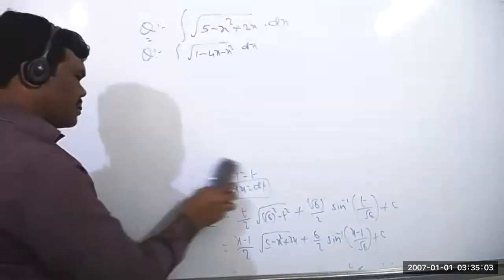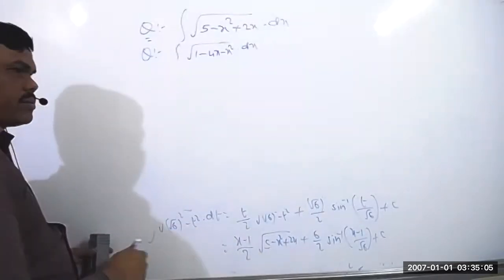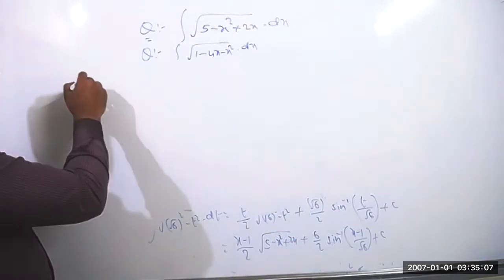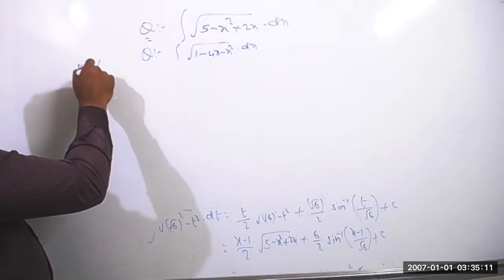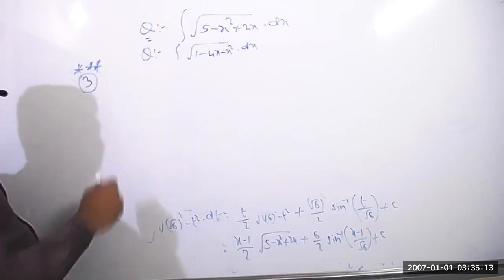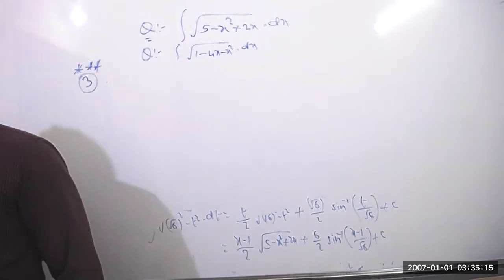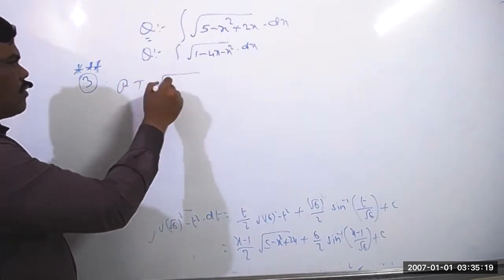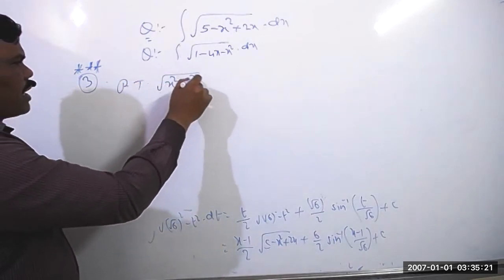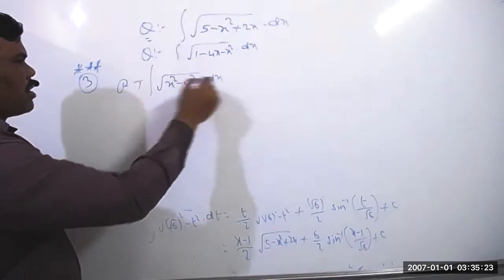This is the last concept in indefinite integrals, the third formula. Prove that the integration of root of x square minus a square into dx is equal to